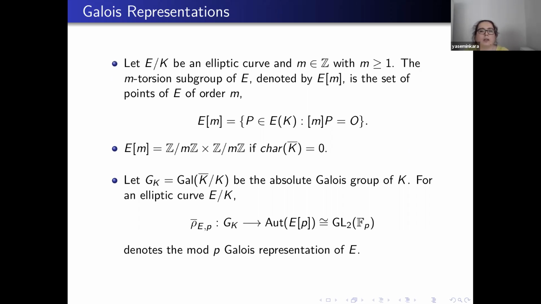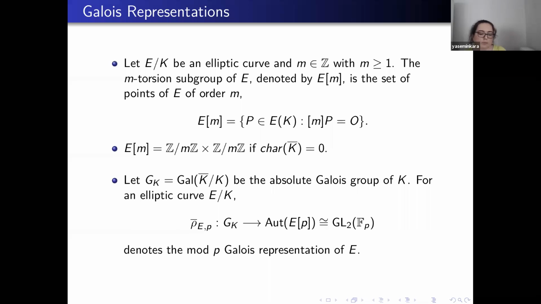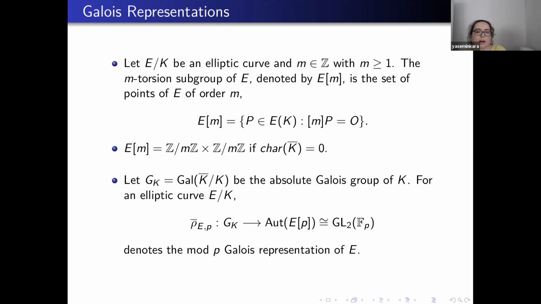Okay, so remember, E(K) has a group structure, and that means if you apply this operation m times, you get the identity element. And also it is known that if the characteristic of K bar is 0, then this m-torsion subgroup is isomorphic to (Z/mZ) squared. And now by G_K,